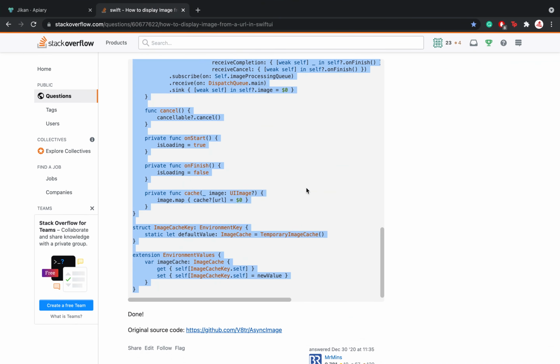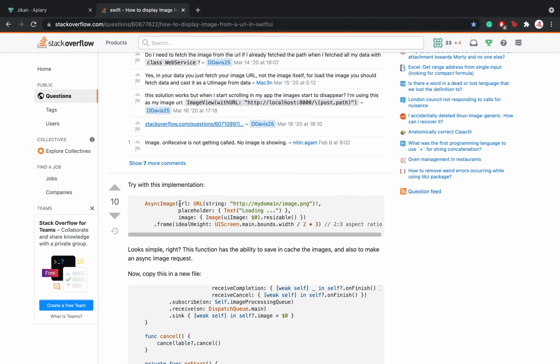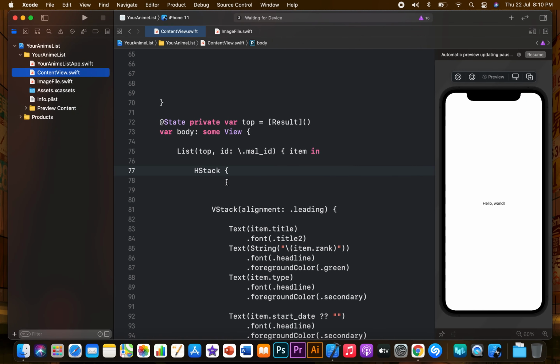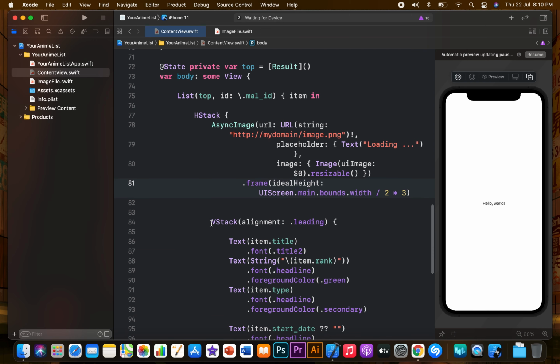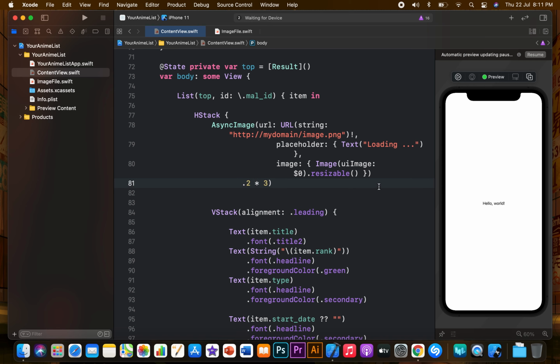So now that we have pasted this much code, we can just use this code inside our view builder. This is pretty simple code actually, he's just calling that thing he created. And for the last part, I don't really like this frame modifier that he has attached, so I would just get rid of it and add one of my own.